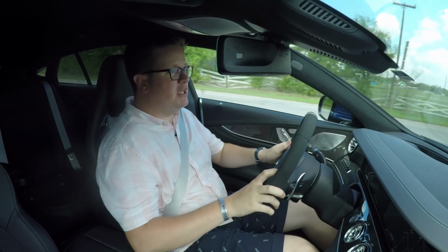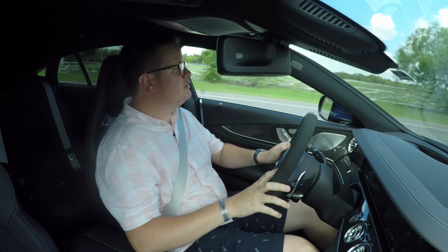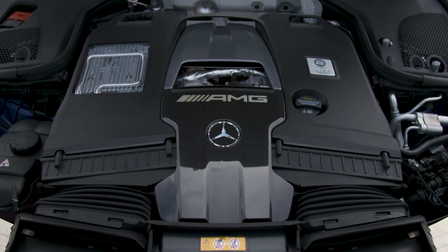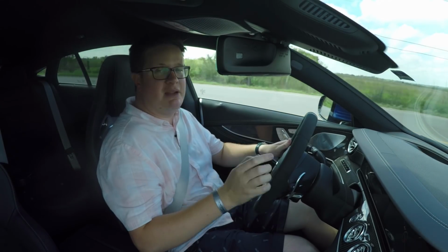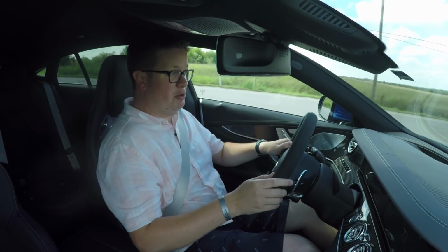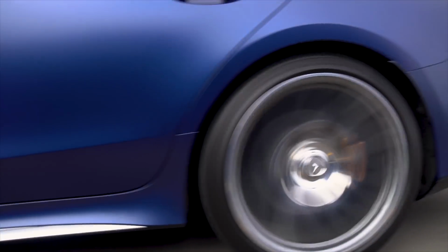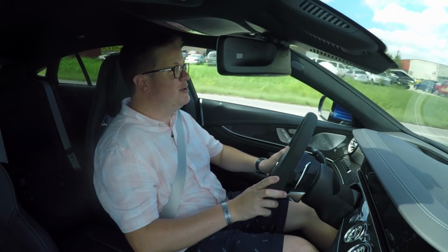So AMG has taken their 4-litre twin-turbo V8 and fettled it up to no less than 630 horsepower and 664 pound-foot of torque. So that's 10% more power and 30% more torque than even the top-of-the-range GT-R 2-seater. Which, to be fair, the car probably needs because it weighs, wait for it, half a tonne more than the